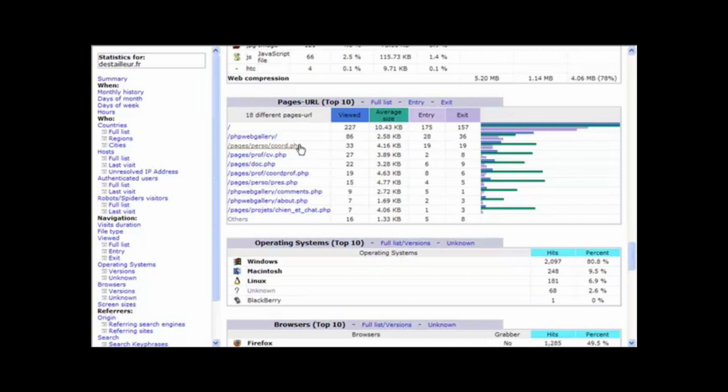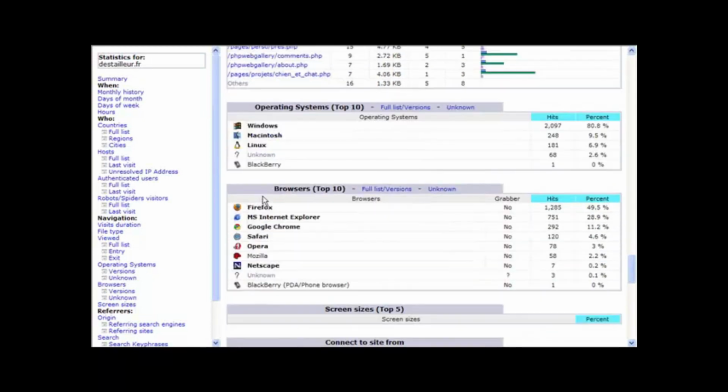If that's the case and it's not converting well, then all you need to do is focus on that page. If the majority of visitors are coming to your home page and it's not converting very well, you need to focus on the home page first, improve the conversion rate there, and then apply what you've learnt to the rest of your pages.